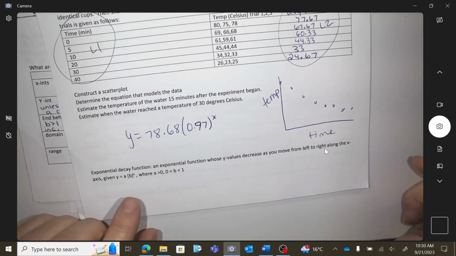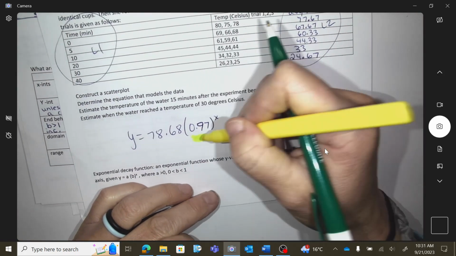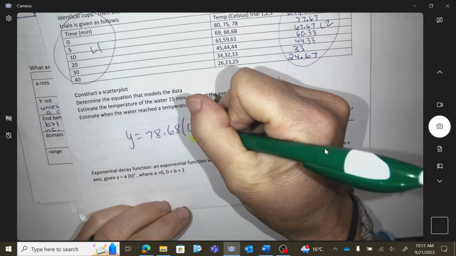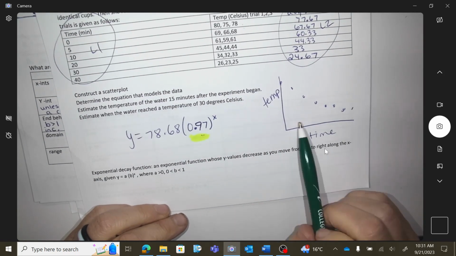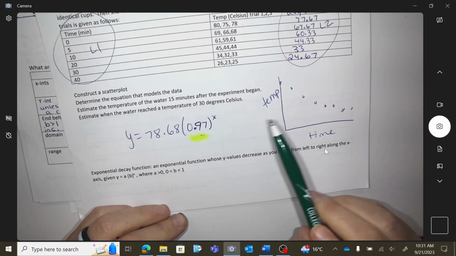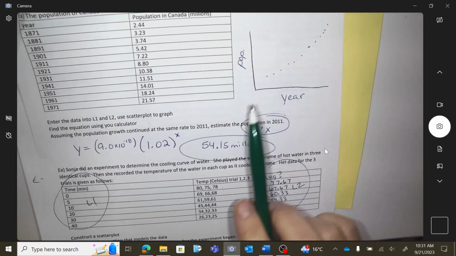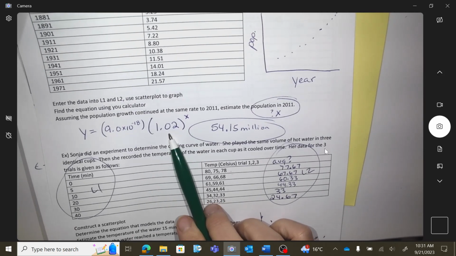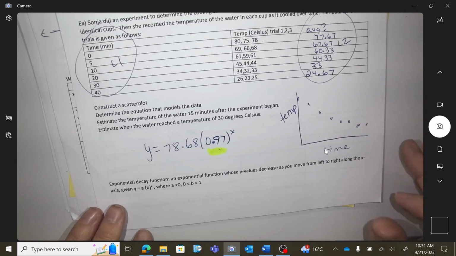Okay, so what does this also tell me? Do you remember? Why is this 0.97? What does this tell me about the curve? It's decreasing, right? Did you look at our last one? Our population was growing, and what was our base? Over 1, right? Over 100%. Okay,